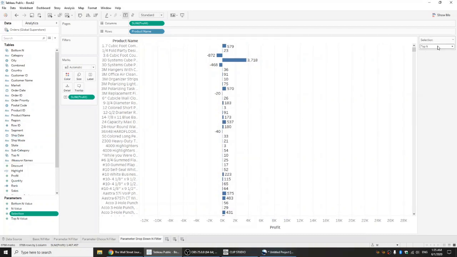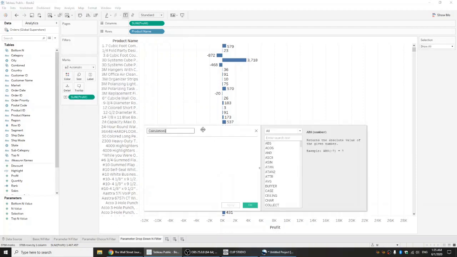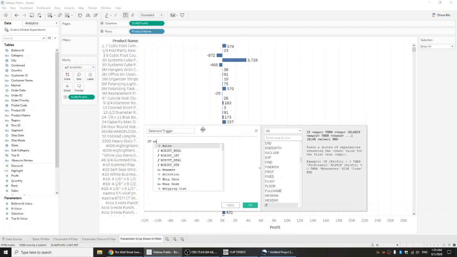First step is creating a parameter so that it triggers something. But like before, unless something points to this trigger, it's not going to do anything. So the next step is we need to create a calculation that references the trigger. And for that, we're going to do selection trigger. Okay, and we're going to use an if function. So it's pretty simple. If selection is 0, then